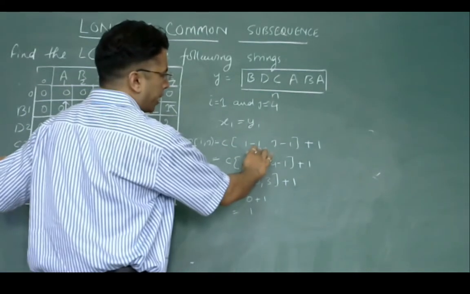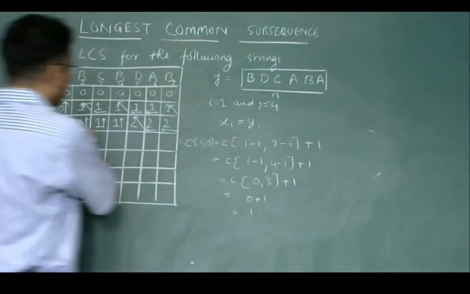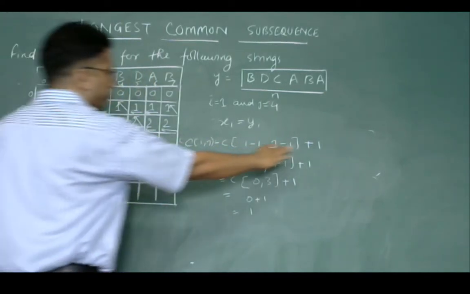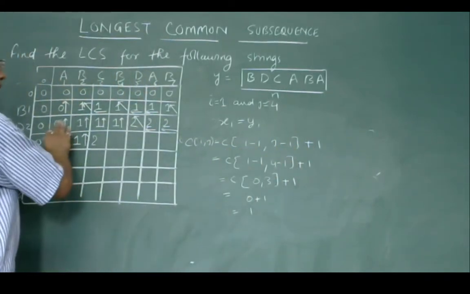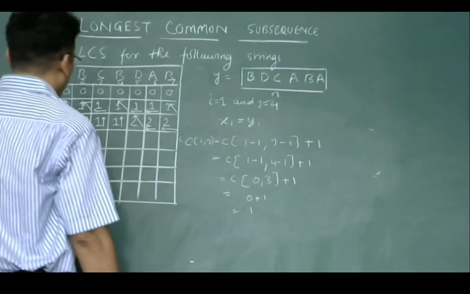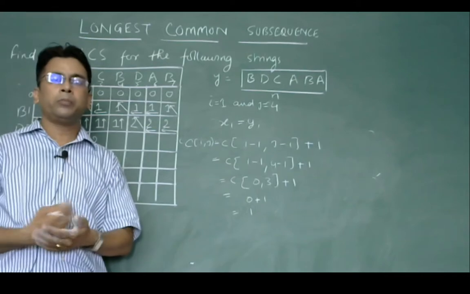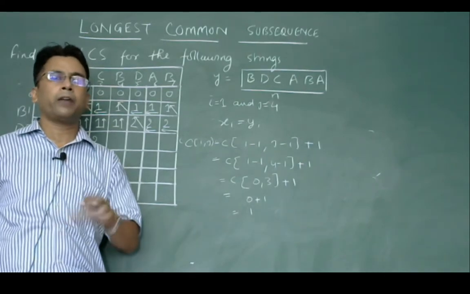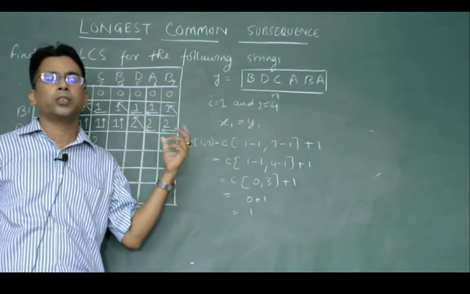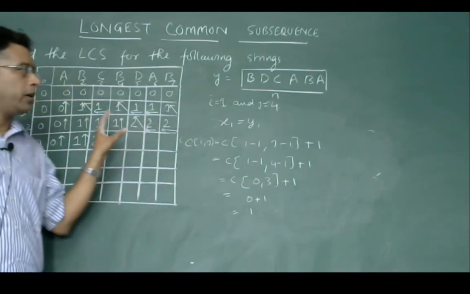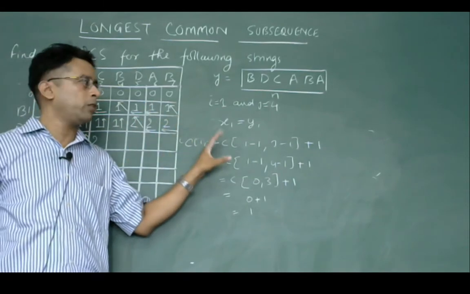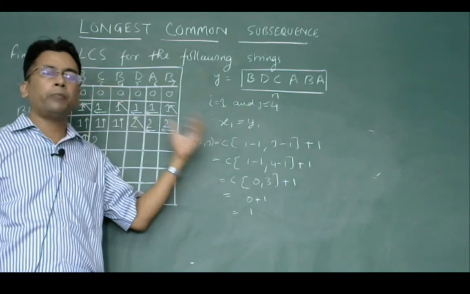Here with the formula C[i-1][j-1], we are referring to the diagonal element and adding the plus 1 value. So I am solving it directly with the help of a diagram. Whenever this question comes into your exam, just show 2 or 3 steps and after that solve this question with the help of a diagram, because when you solve this question with the help of the formula, it will